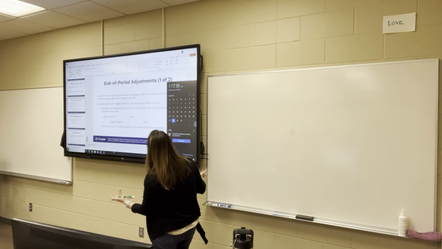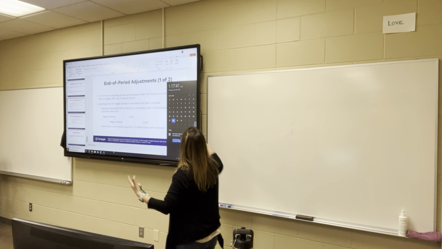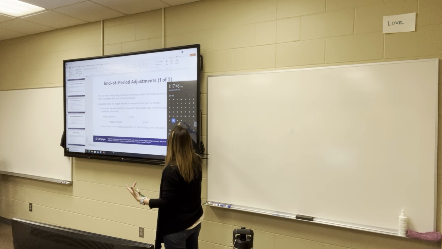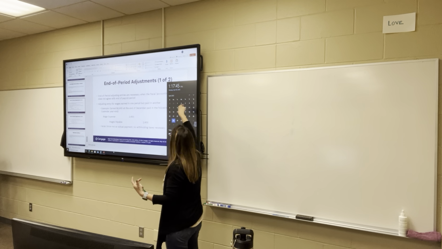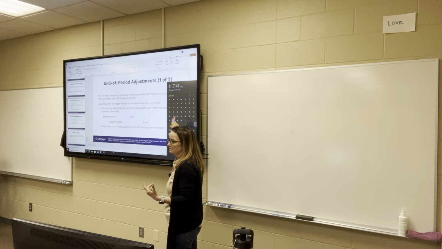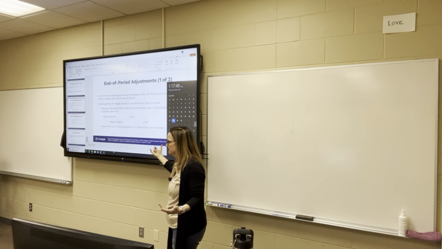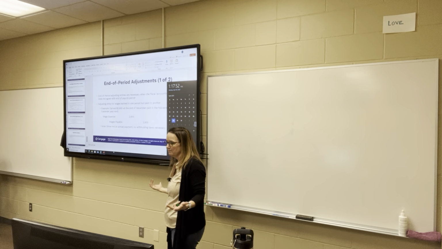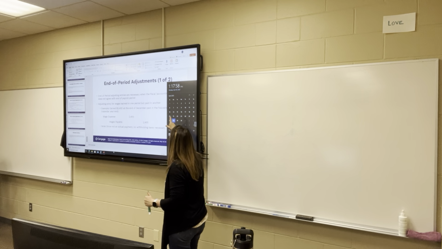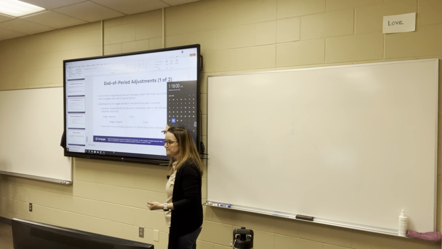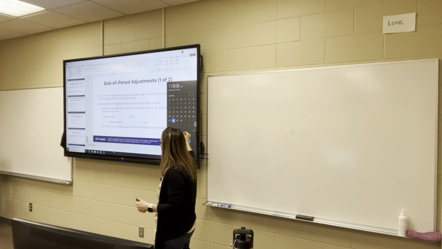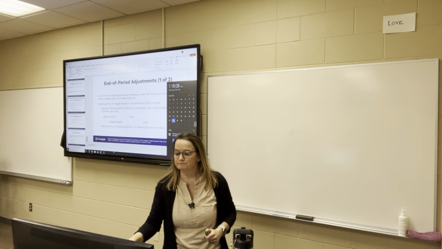Now, if you're on a monthly pay period, let's say we get paid once a month, it's on the 30th, and we're going to get paid for the whole month, well, then that's not going to create a timing difference because it matches up with our month end, right? We're not going to have to make any adjusting entries to account for amounts that employees have already earned, but they haven't been paid for yet. Okay, so